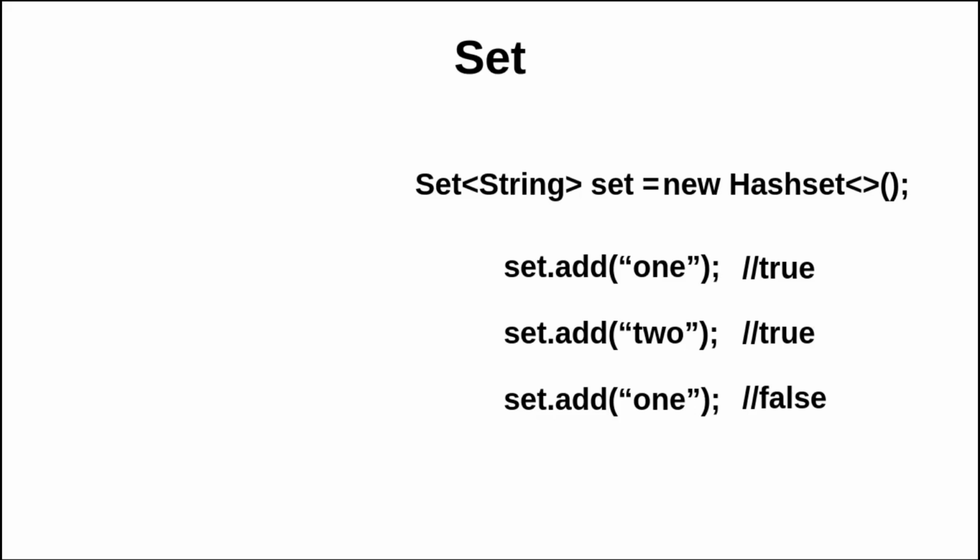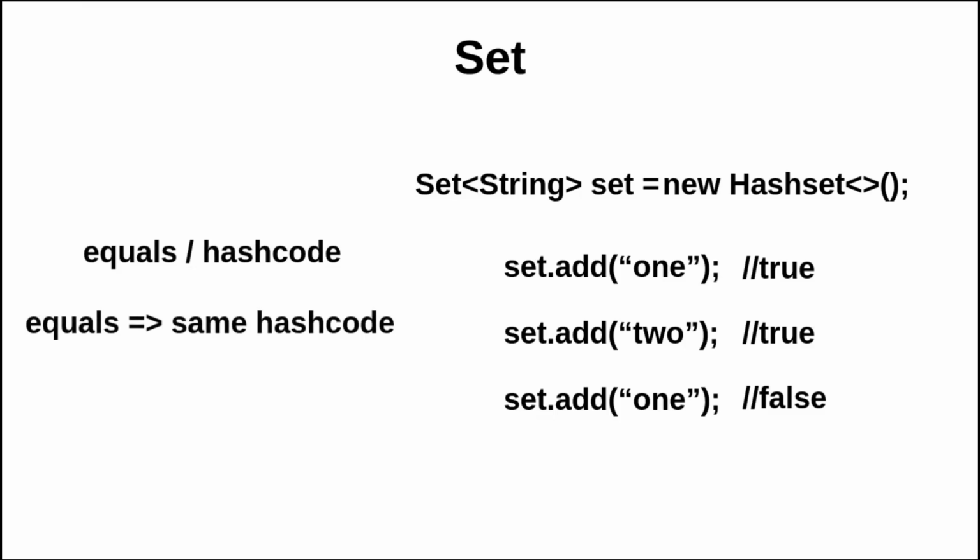We may ask a question here: how does a HashSet know that the string 1 already exists? Since HashSet is an API of the JDK, it exploits the way the JDK works, and to compare objects in the JDK, we use the equals-hashCode mechanism. Remember that if two objects are equal, in the sense of equals, then they must have the same hashCode. So if two objects have two different hashCodes, then they are different. So HashSet exploits this mechanism.